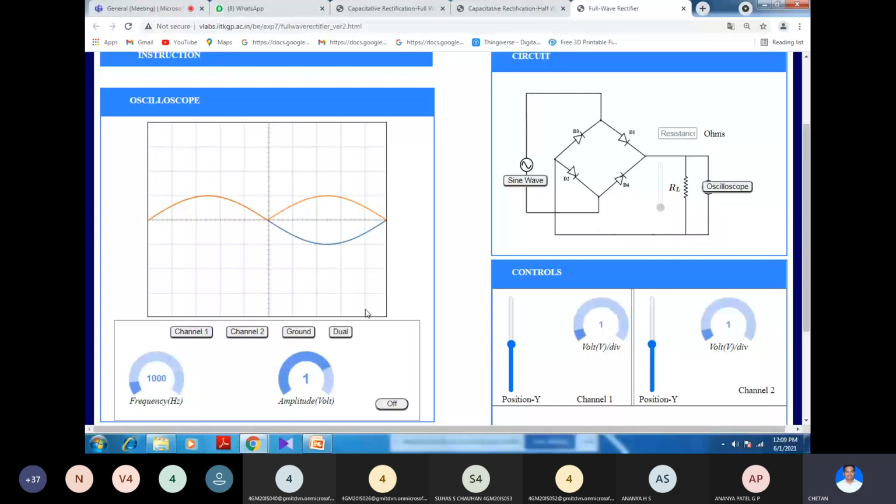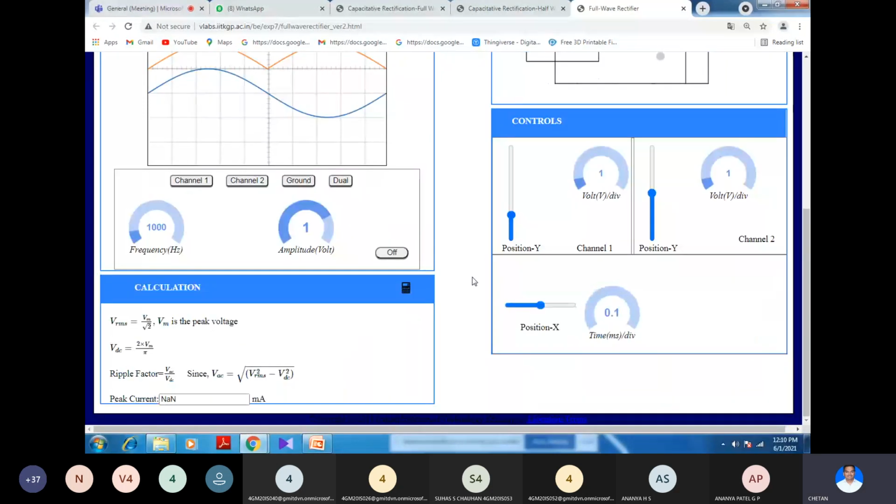So during the positive half cycle of AC, D1 and D2 are conducting as per this circuit. Therefore, you have output from 0 to pi. See, this is 0, this is pi, this is 2 pi. From 0 to pi, you have output during the positive half cycle. During the negative half cycle, what will happen? These two diodes, D3 and D4, will conduct. Therefore, during the negative half cycle, you will again get the same output as you got during 0 to pi. This is from pi to 2 pi. So you will get the same output. I hope this is clear for you.